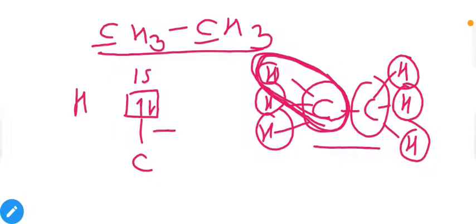We have only one sigma bond and it contains only one electron pair, and you have to count it. So we have only one s orbital. So this will be the hybridization of hydrogen, s. Now let us talk about the hybridization of carbon. Let us talk about the first carbon, and for the second carbon it will be the same. Hybridization of the second carbon is exactly the same as the first carbon in the ethane molecule.